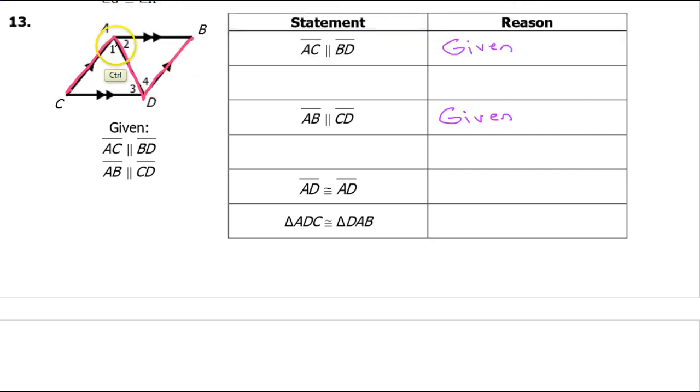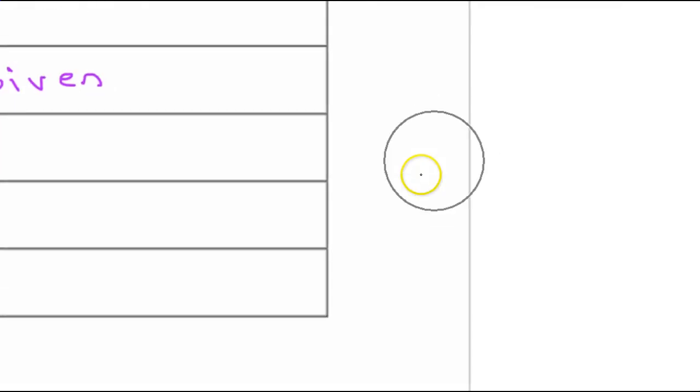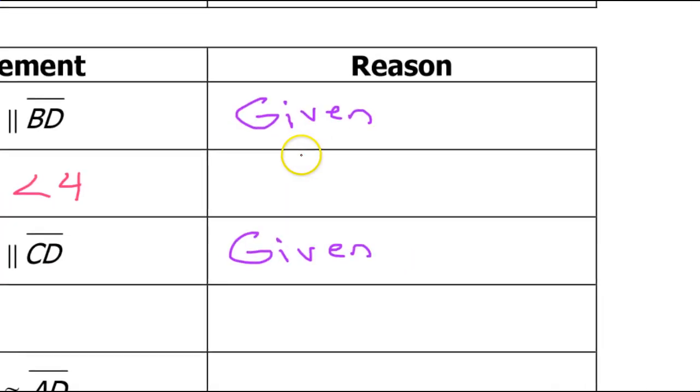Now, the corners of the N are alternate interior angles. And if the lines are parallel, then those will be congruent. So back to the proof, I can now say that angle 1 is congruent to angle 4. And like I said, these are alternate interior angles. So I'm going to zoom in so I can really write this out. So I'm going to say